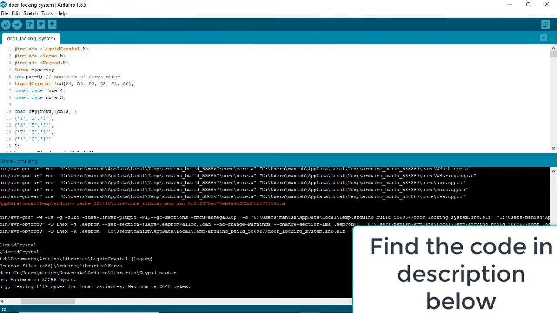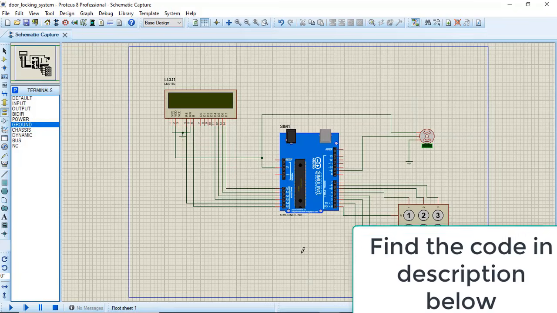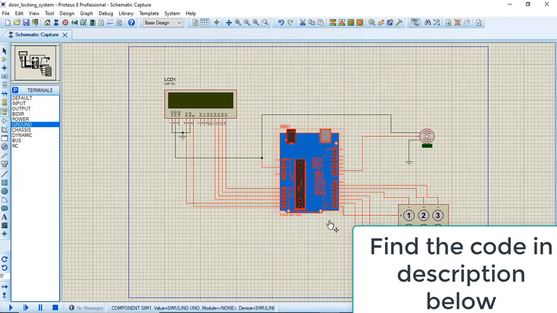Copy this path, and we will go back to Proteus, double click on Arduino, and in the program file, paste the path of the hex file which you have compiled and click on OK. Now let's run the simulation.